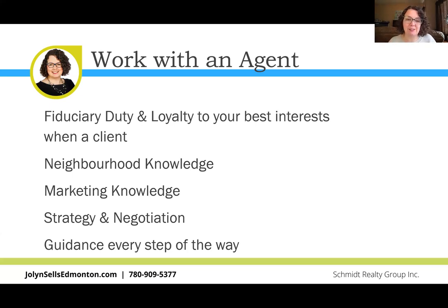Basically, we want your home to be right in front of sellers and buyers. And we want your home marketed in the best light possible. So it's knowing exactly how to target the right type of buyer for your home. Is it investors? Is it a young family? Is it somebody who's retired? Because there should be a completely separate marketing plan based on that target audience rather than just throwing it up